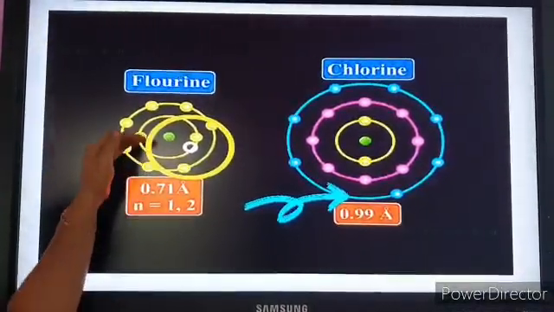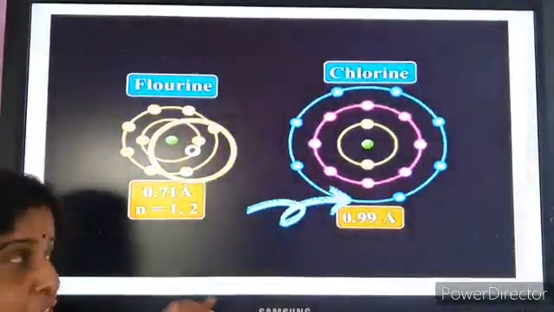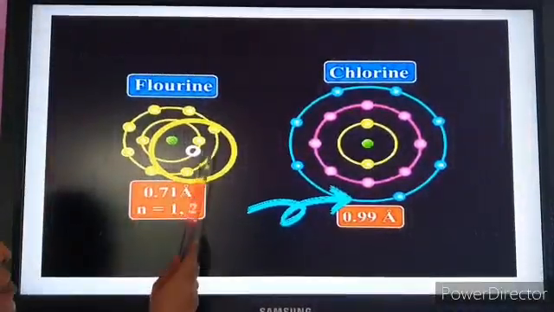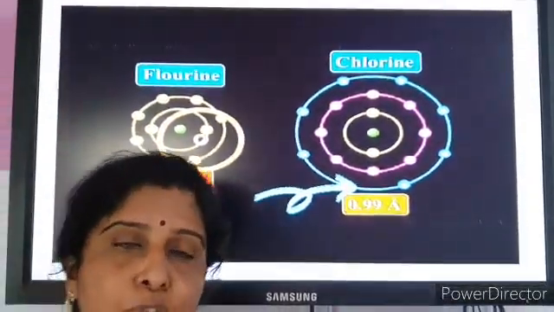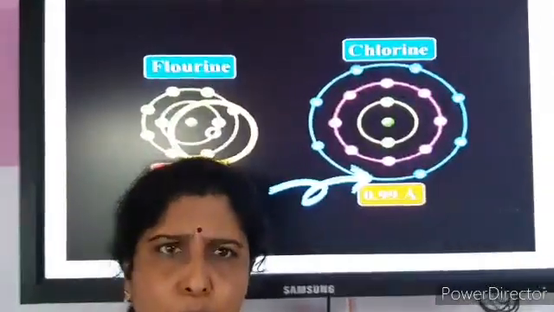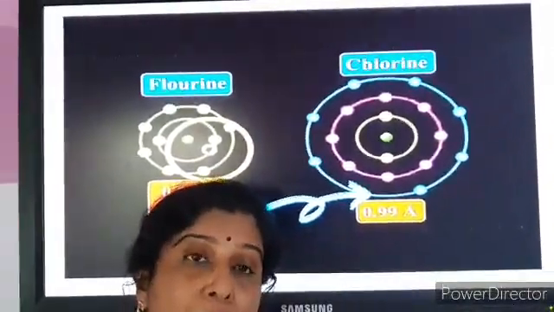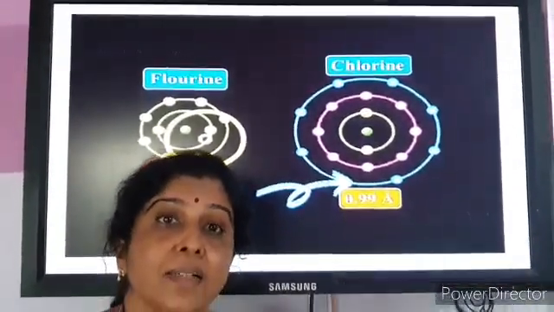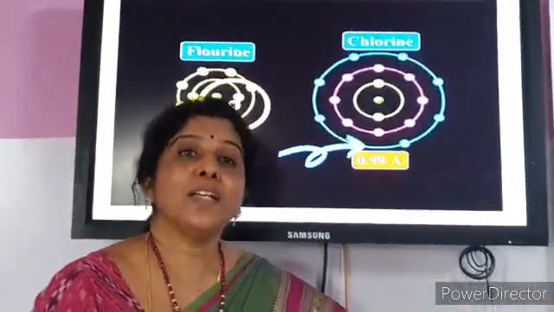So here why fluorine is having less electron affinity? It's because of its smaller size. Because of the smaller size of the fluorine atom, the interelectronic repulsive forces among electrons is more. So it is little difficult to add the electron to this atom. That is the reason less energy is liberated when we add an electron to this fluorine atom. So in other words, what you have to remember, easier it is to add an electron, more energy is liberated. More electron affinity we can see, right? This is an exception you have to remember.